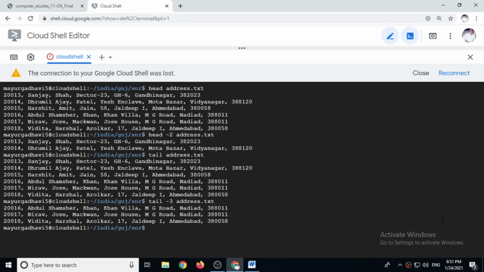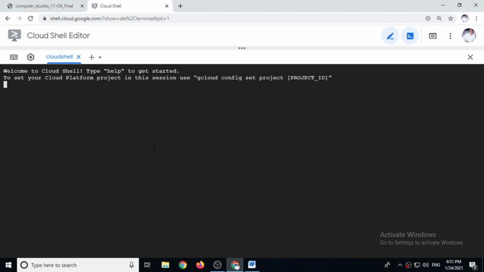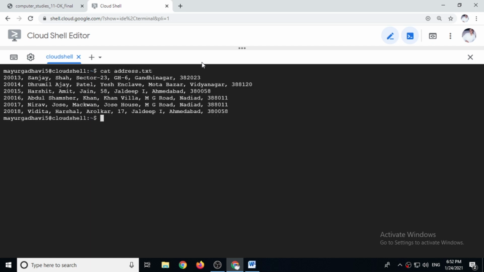Here you can see in this file, let's get loaded first. What happened? In our file address.txt, here you can see to separate two fields we have given comma sign.